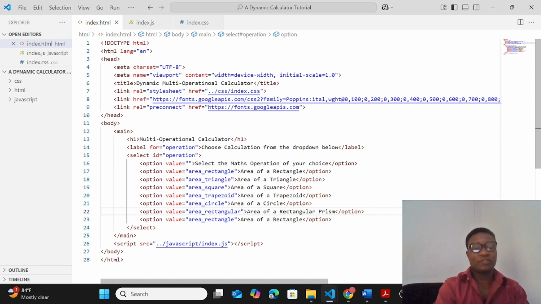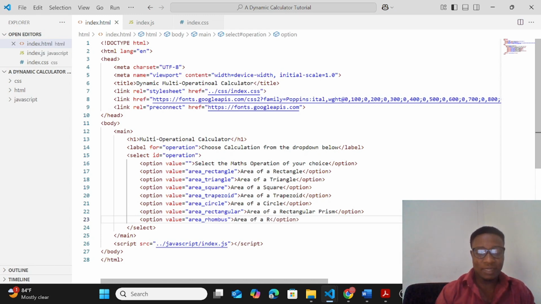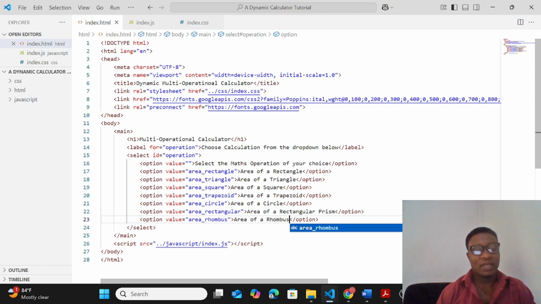After that, we'll check for area of a rhombus. Rhombus. Maybe that's not the correct pronunciation, but just know what it is. Just part of the shapes we have in mathematics. Okay. All right. Let's add also, apart from areas, we could go for, okay, the